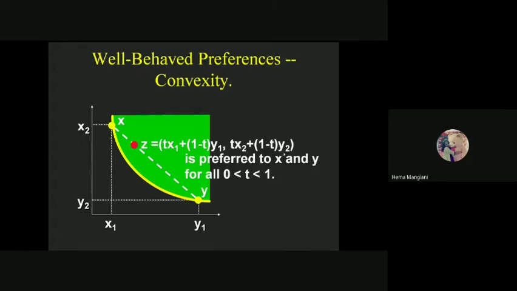At the same time, wherever the Z is that you want to follow, if you want to be here, then it is just an average bundle of these two extremes. But if you go up towards this point, then every time you have to reduce this y1. If you come down to this point, then every time you have to reduce this x2. This shows that convexity requires this kind of characteristic, and also the function which prefers x and y. This z is preferred over and above x and y.